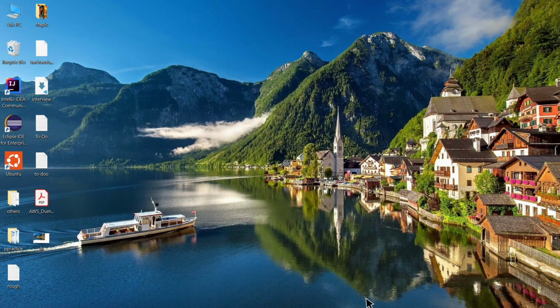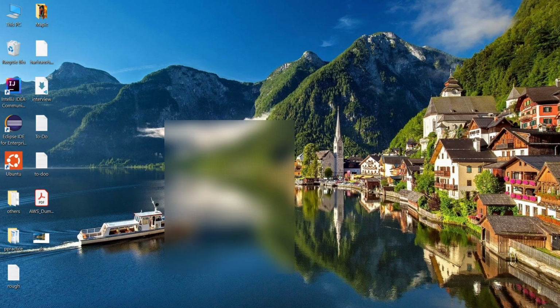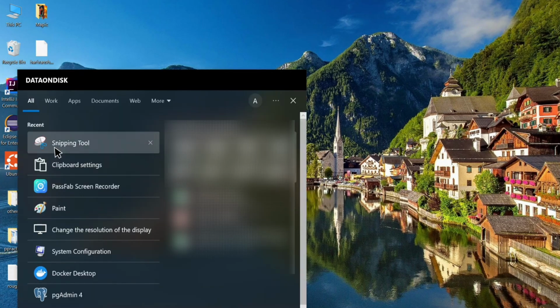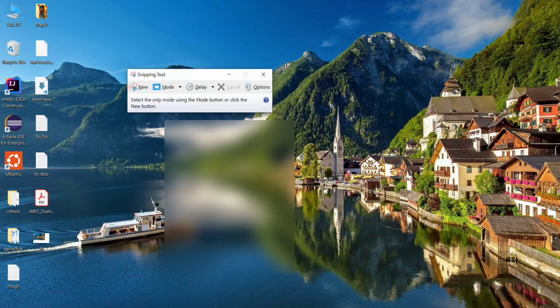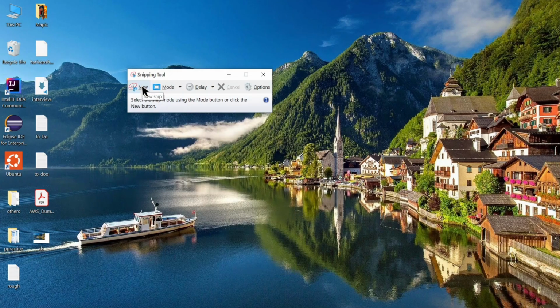Okay, then there is another method which you can use, a tool which is the Windows Snipping Tool. You can just open the Start button and write snipping. Then you can see Snipping Tool is there. Just click on that, add new. You can change the mode here: freeform snip, rectangular snip, window snip. Window snip will basically take a screenshot of the whole window. Okay, then new,